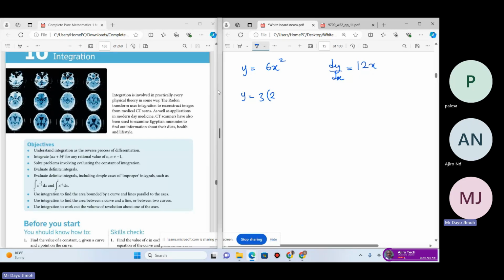Into 2x. No, let me change that. So I have y equal to (x squared plus 4) raised to the power minus 2. What is dy/dx? See, dy/dx should be, I'll use this minus 2 to multiply this 3, minus 2, multiply 3, multiply